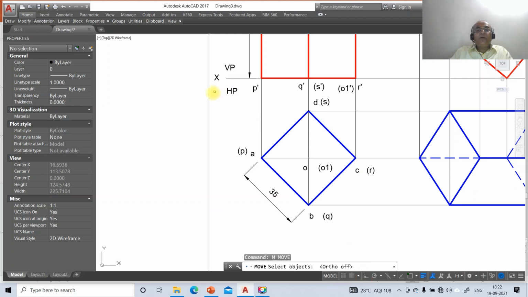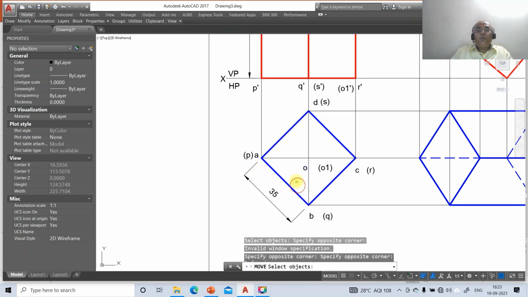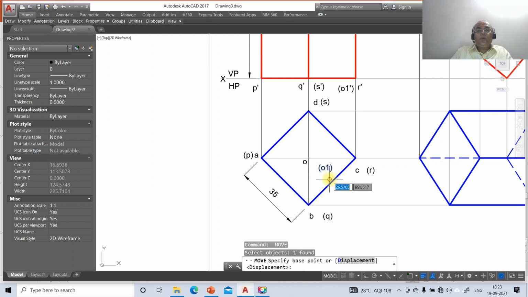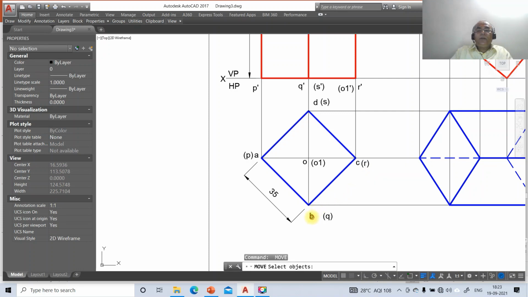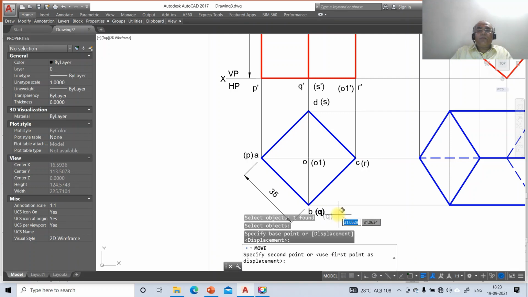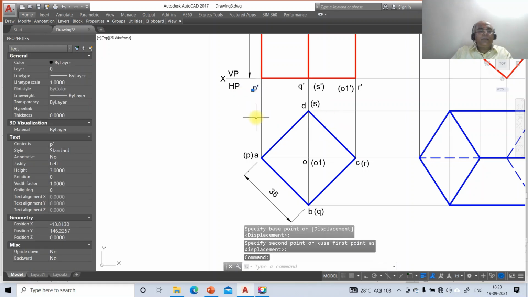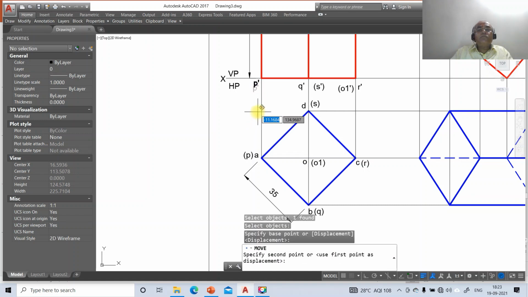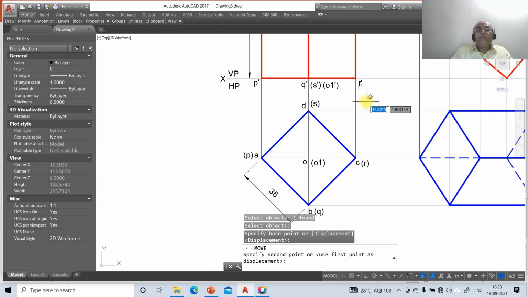then go to move, switch off this, and take HP, X, VP, A, P, O, O1, C, R, B, Q, D, S. Then take P dash, Q dash, S dash, O1 dash, R dash.